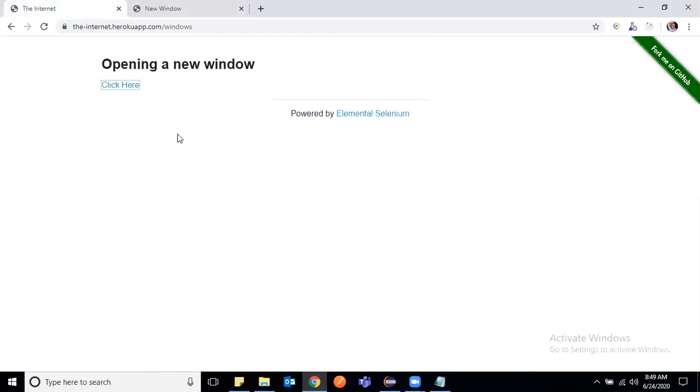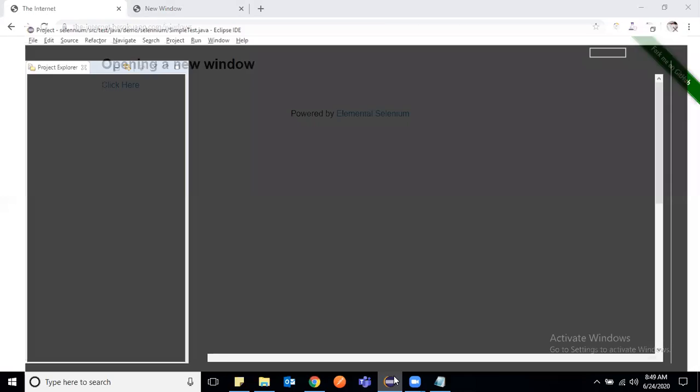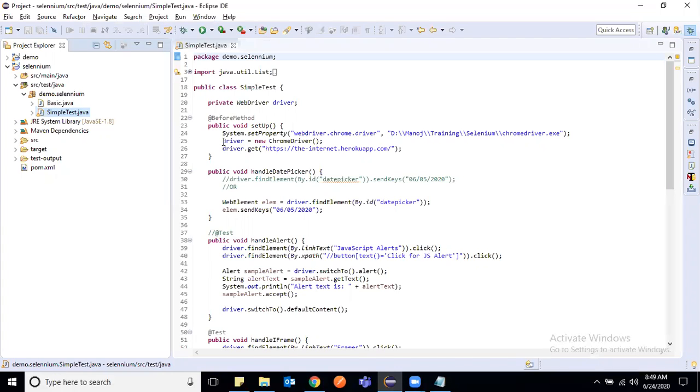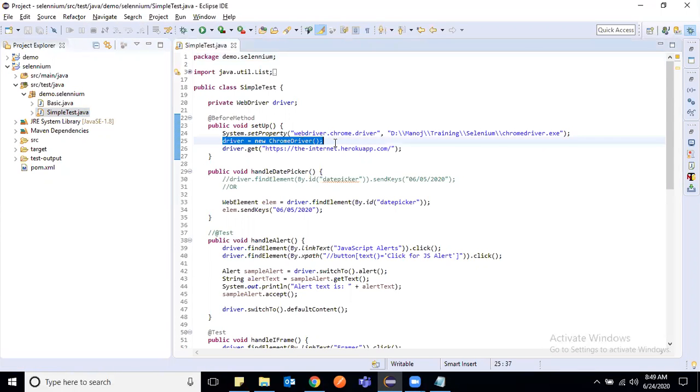In a normal scenario, Selenium remembers the browser windows opened for a particular instance, meaning for a particular session of the WebDriver. In our code, we are instantiating a WebDriver, Chrome driver, and this Chrome driver tracks how many windows have been opened.